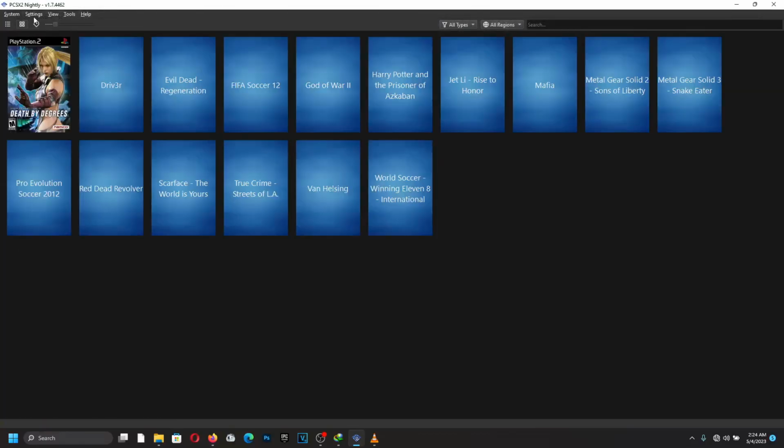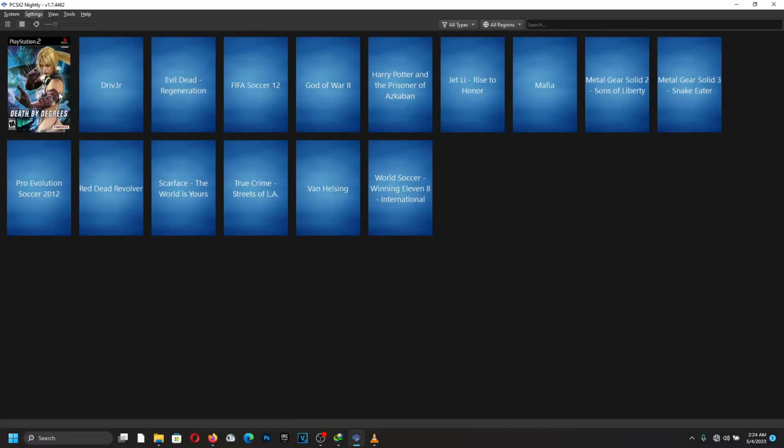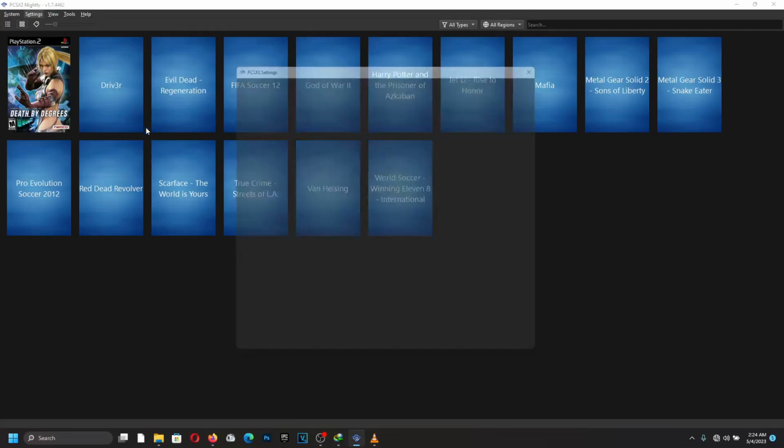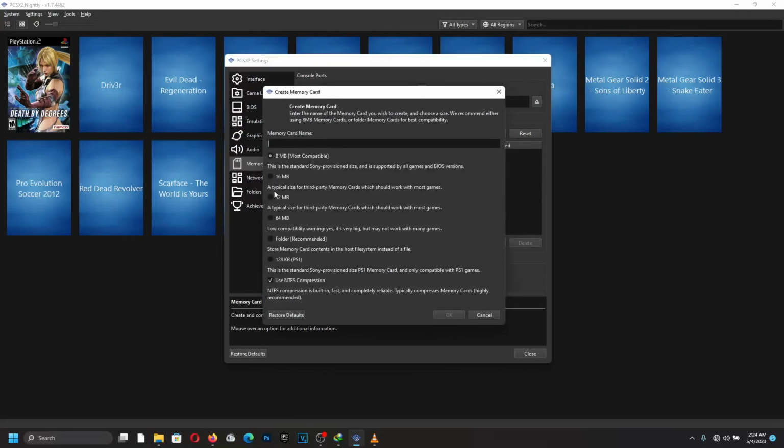So next thing you want to do, guys, go to settings and go to memory cards. And when you get to memory card, just go ahead and click on create. I'm going to use the 32 MB. This one is a little bit shady. It has issues, so I'm not going to use that. I'm going to use the 32 MB, and I'm going to click on it, and I'm going to name that